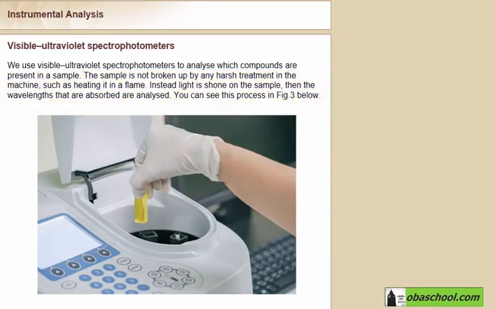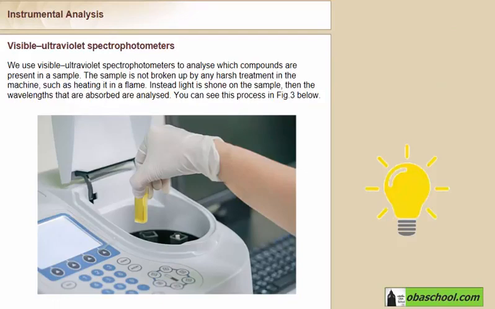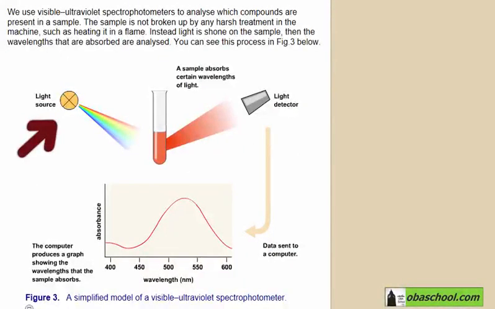So, in visible ultraviolet spectrophotometers, there's no heating or flames. Instead, we will use only light, and we will examine the light absorbed by the sample. So we are not examining the light given out, we are examining the light that the sample had absorbed. So this is a light source which will send light to the sample. The sample will absorb certain wavelengths of light, and then the light detector will send the data to a computer